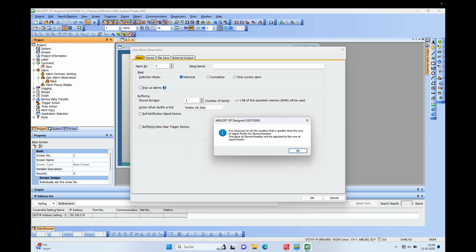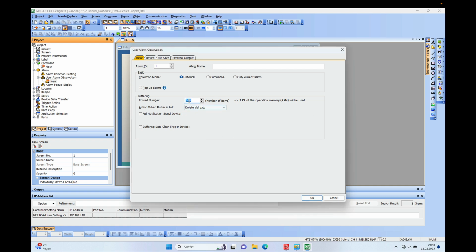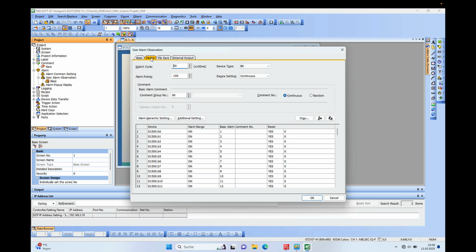Then we will have a message here that says it's necessary to set a number that is greater than the one of the alarm point stored. So this is the buffering right here, I guess, and if I push the OK button it will also go to 100, the same as we have on here. And now you can see the addresses